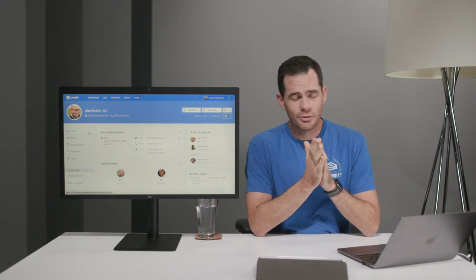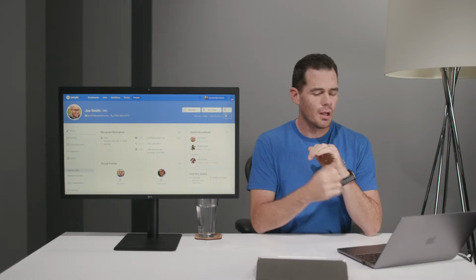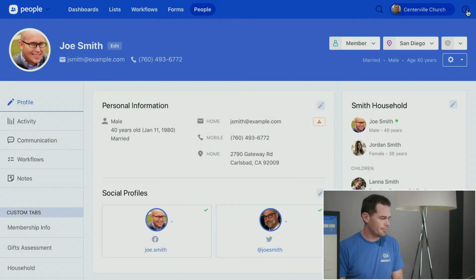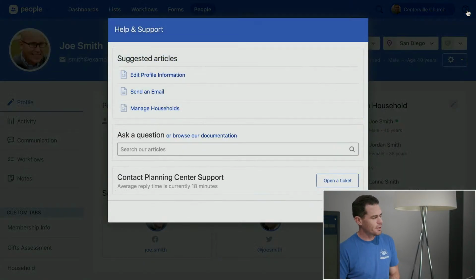But what I'm going to do is show you something even better. If you click on that question mark up there in the top right of the screen, you're going to get what is called our help desk. Our help desk has links to useful articles. It has a great search to find articles and a sort of a lifeline to our support team. So if you want to know how to import a CSV, just type in